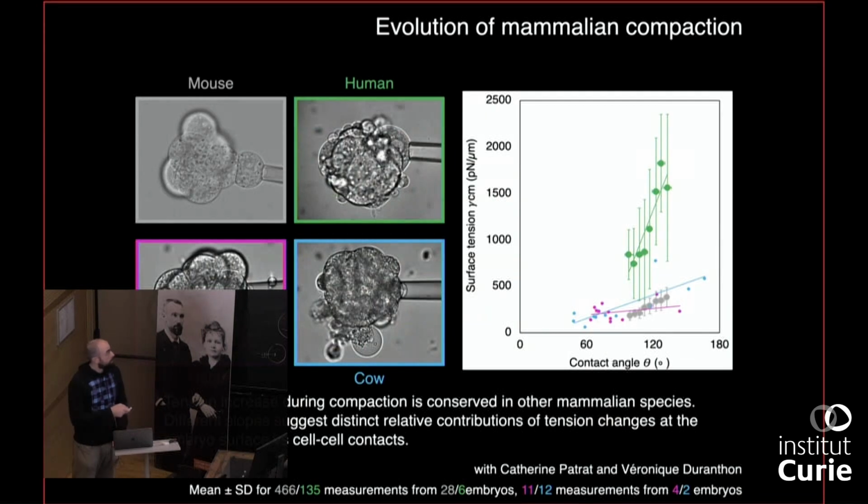We also could get our pipettes on rabbit and cow embryos. These are very preliminary measurements. But what we see as well is that there may be some differences again in the mechanical strategies which underlie the compaction of those different species. What I would like to point out is the scale of the tensions here. So mouse, rabbit, and cow have tensions in the ranges of hundreds of piconewton per micrometer, and human embryos have tensions in the ranges of thousands of piconewton per micrometer. So somehow we have this very high tension early on. Whether this is important and meaningful, I do not know. It's just something that we see.